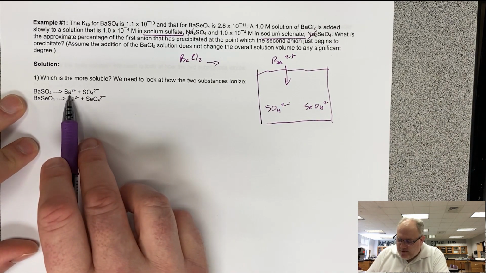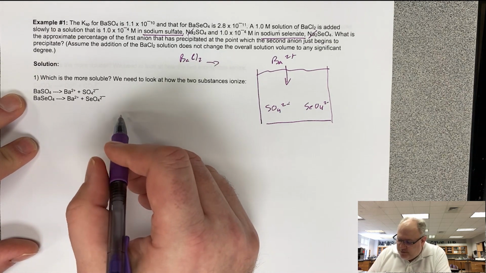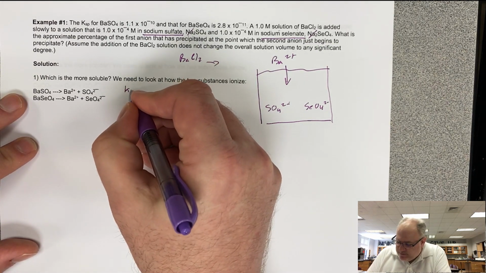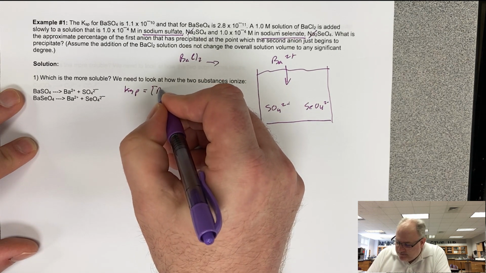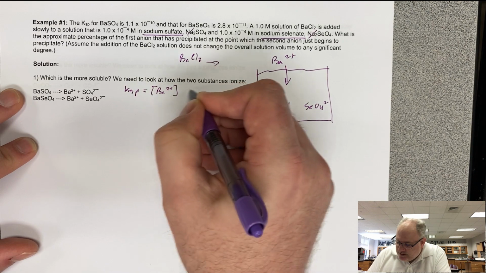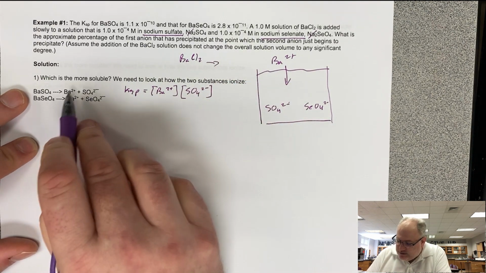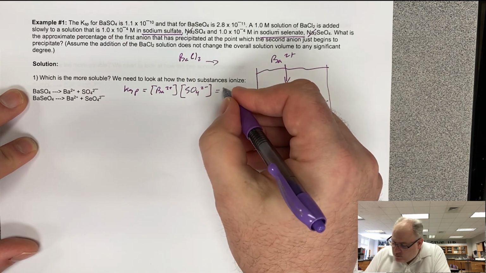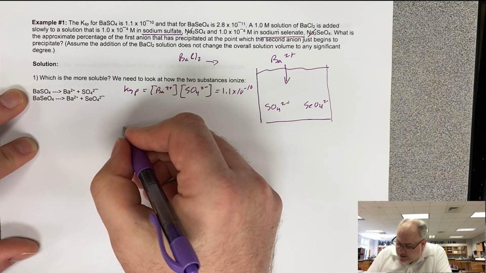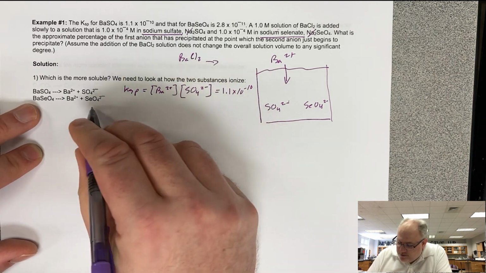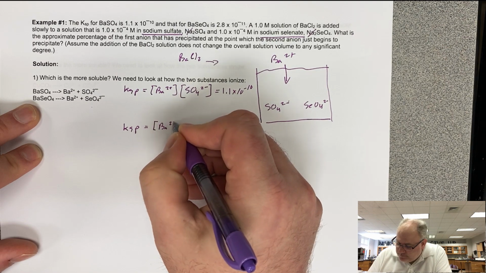So BaSO4 goes to Ba2+ plus SO4 2-, and the same thing right here. But I'm going to write Ksp expressions for both of these. So I'm going to write a Ksp for the first equation right here, and it would be equal to Ba2+ times SO4 2-, and they give us the Ksp for BaSO4 as 1.1 times 10 to the negative 10. Also, they give us the Ksp for this equation right here, and if I were to write the equilibrium expression, which I'm doing right now,